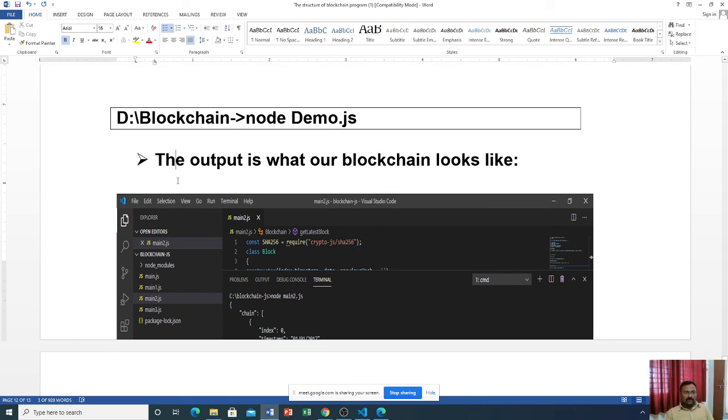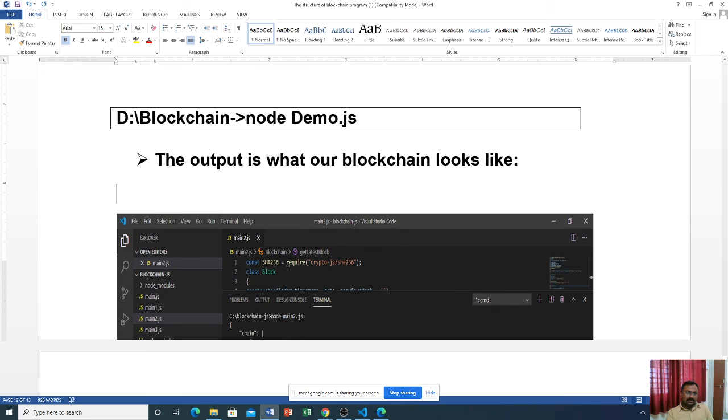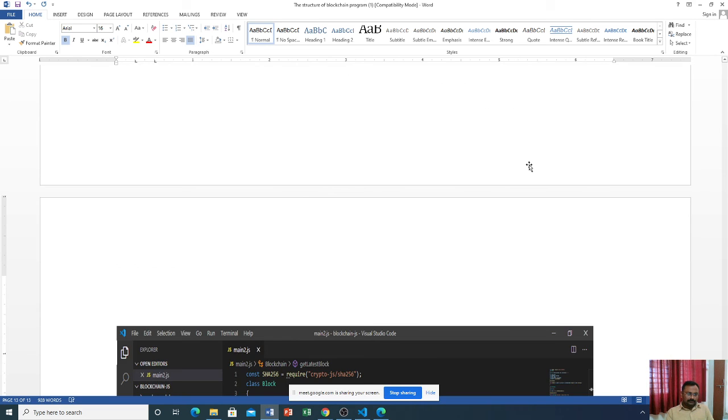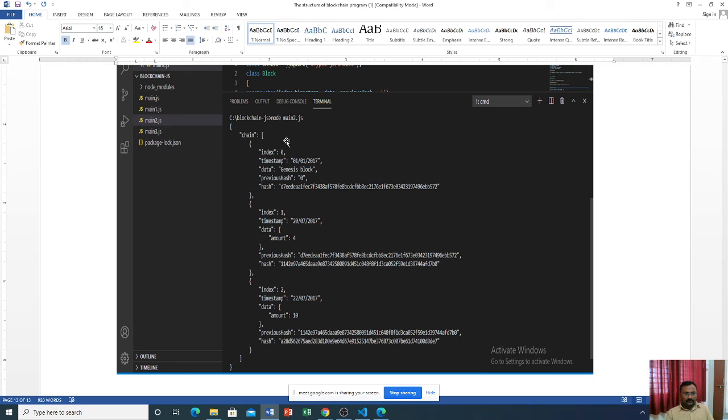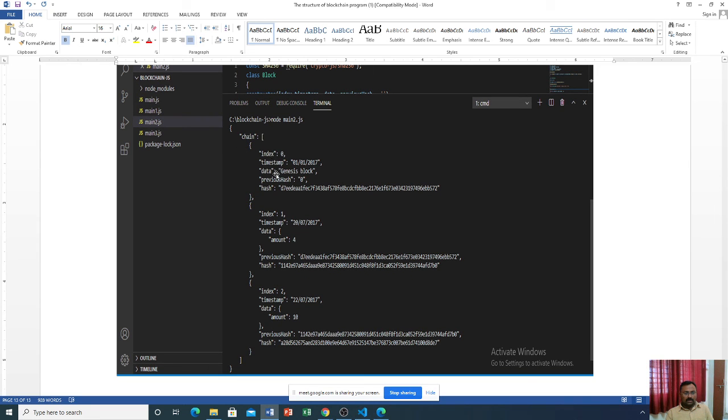After that, the output looks like this. In the chain, the first block is the Genesis block, and its previous hash is 0.